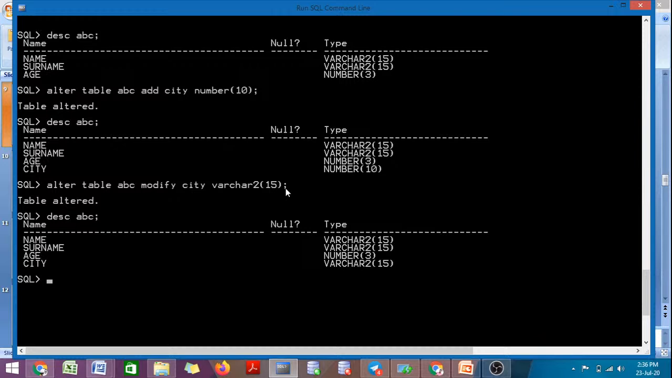Mean in that case the syntax is alter table name, modify column, then column name, then your data type. And those who are using MySQL, MS Access or this kind of software, in that case you may use this command. For example,